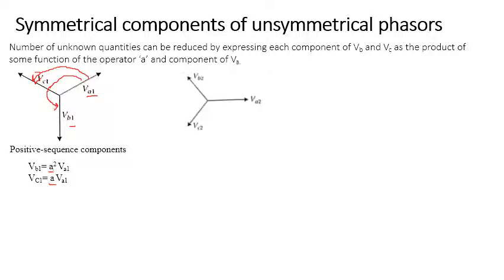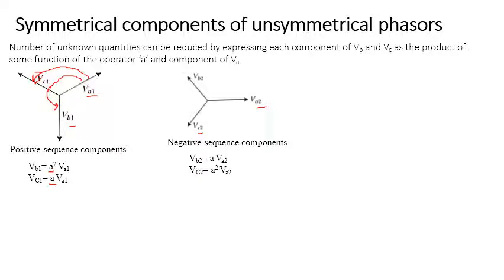Similarly for the negative phase sequence, we understood that it is the opposite to that of the original phases. What do we mean by that? In place of B we should write C, and in place of C we should write B. So we can see VA2. Next I should get VB2, but it is opposite to the original phase, so we'll write it as VC2. Next comes VC, so in place of VC we'll write VB2. The 2 stands for the negative sequence.